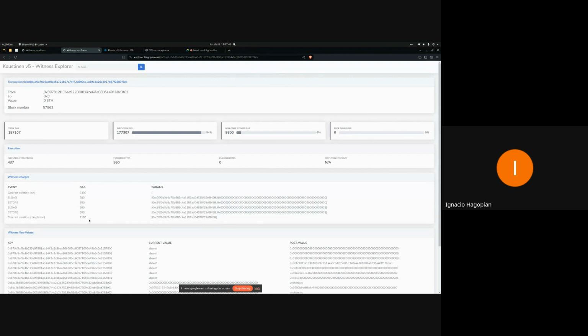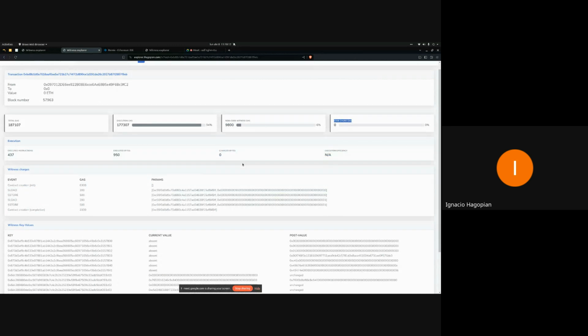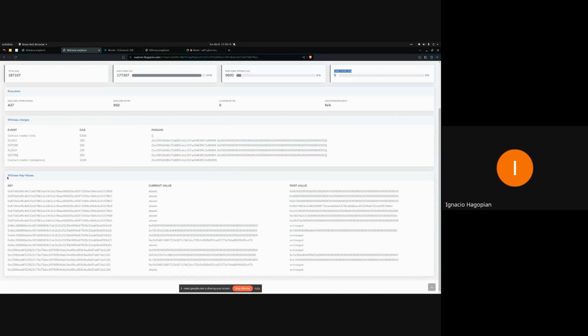So at least someone can look at these things and start to understand better, or have a better intuition of where these witness gas costs are going. Basically, all this is trying to detail this cost, and all this is trying to detail this cost more. And then I have another section, which is witness key values, which is similar to the stateless tab in